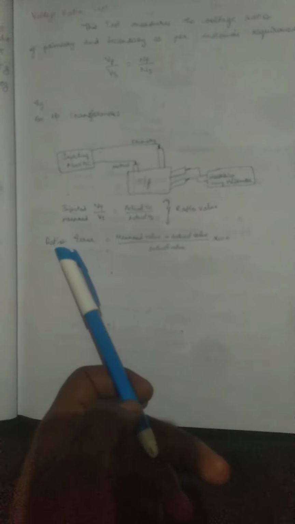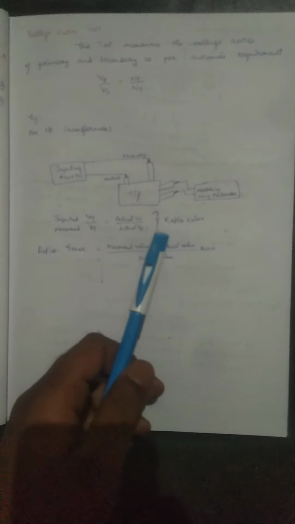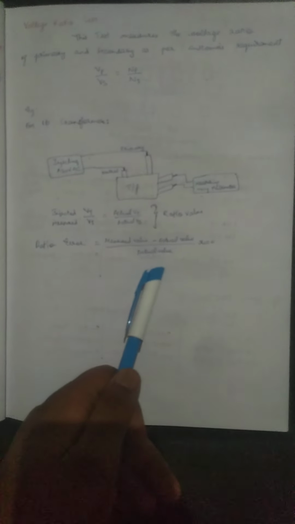So after measuring the injecting voltage in your primary and secondary side both, you need to do a ratio calculation in which the ratio error will be measured. Your ratio error formula is equal to measured ratio value minus actual ratio value, divided by actual ratio value, into 100. So this is your error calculating formula for your voltage ratio. This is a common error calculating formula, even for your winding resistance also. This is your error calculation formula.